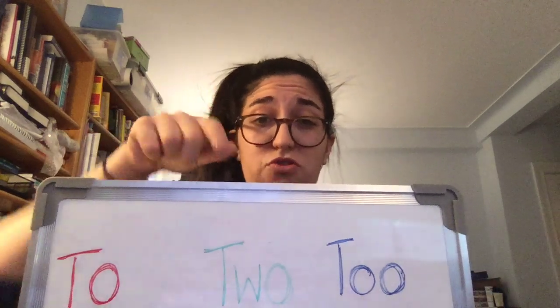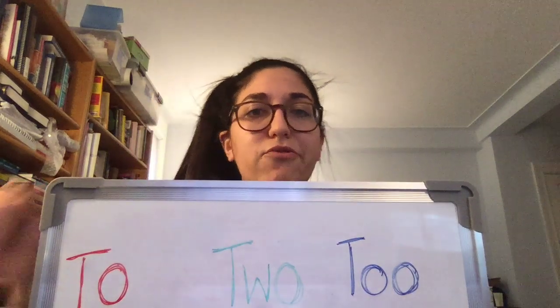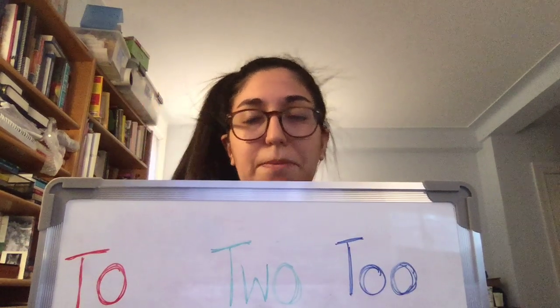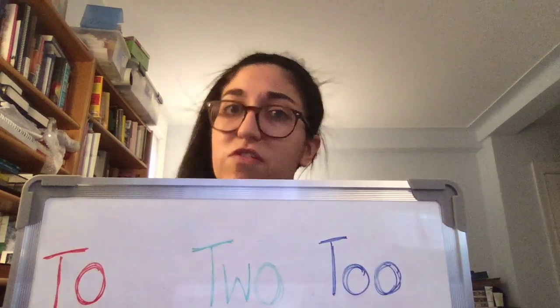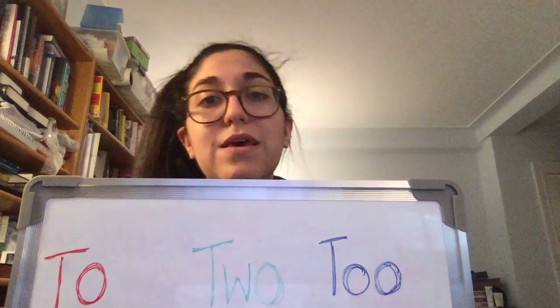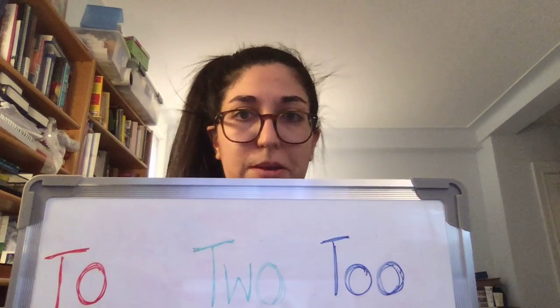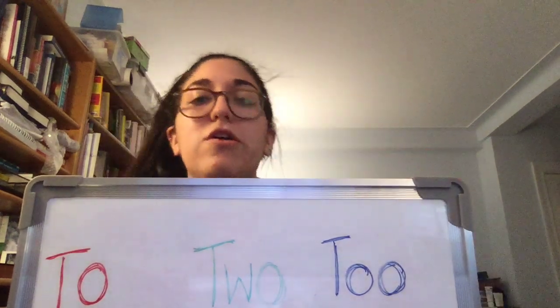Two, the number two, is this one right here with a W inside. Funny because W looks like 3, but it's 2, right? And that would be if I were to say, this is part 2. 1, 2, 3. So two with a W is when it comes to counting, when it comes to numbers. If we were in room 2, this is the two we're talking about.